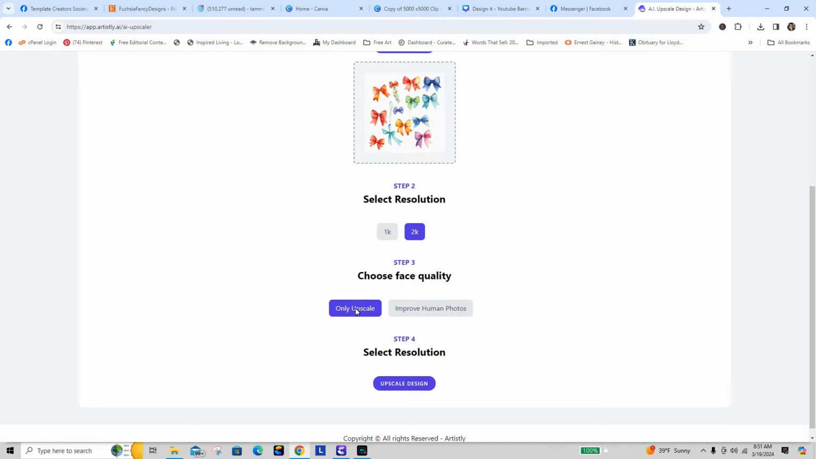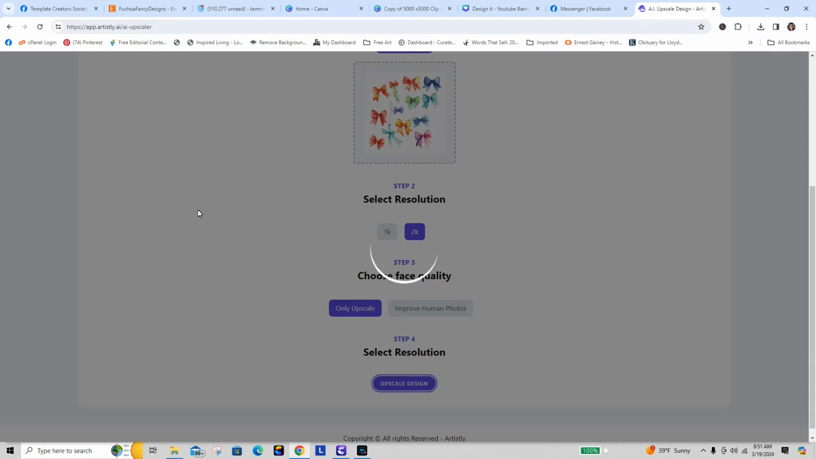Now, I'm only going to upscale this if it was an image that had people in it, or a human photograph, then I could use Improve Human Photos, and that would help to improve the quality. I'm going to click Upscale Design. It does take a few minutes to upscale it,